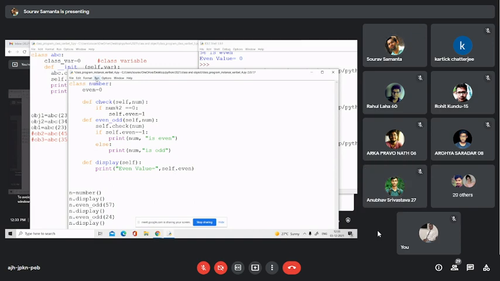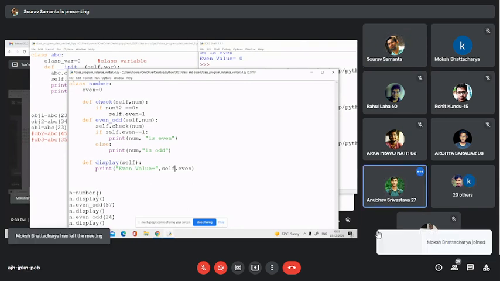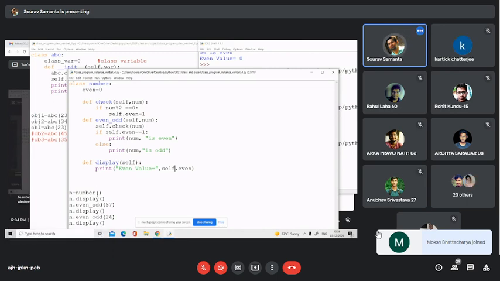Actually, you tell me one thing: n equal to number, is it the calling of the class or the creation of the object? We are writing creation of the object, right? Actually, we are not creating the class itself. We are creating the object. And when we are creating the object, the copy of the initial value is present.